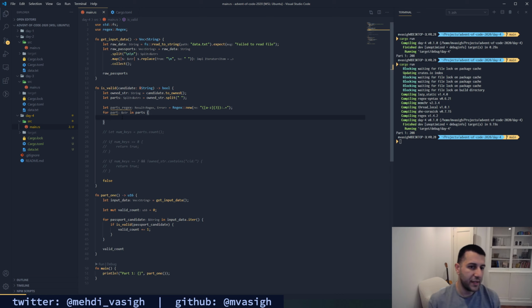That's because these things are stateful, so they hold some state. And you don't want to compile, this is actually expensive. In terms of computation time, depending on the regular expression, it can take hundreds of milliseconds. So you don't want to be doing this inside of your loop. You don't want to compile a new regex every time you iterate over a part, because that's wasteful. You don't really need it.